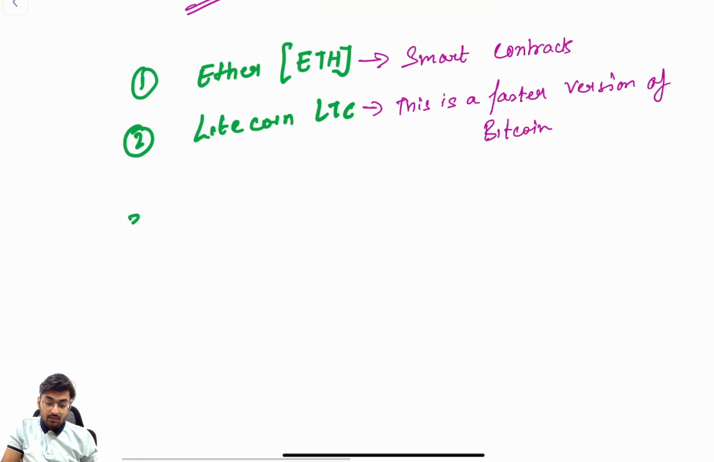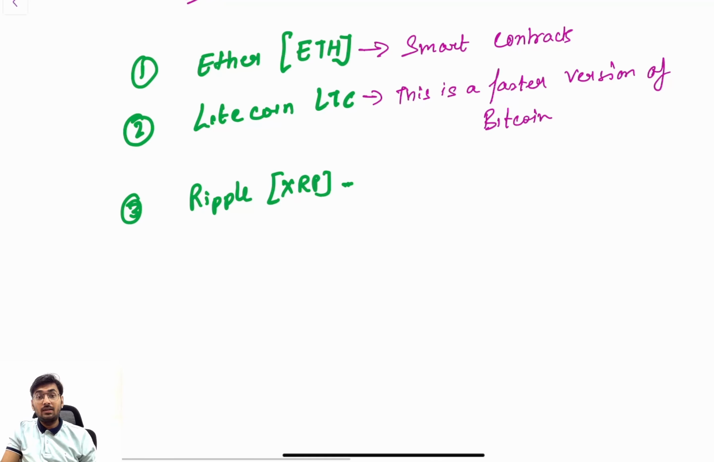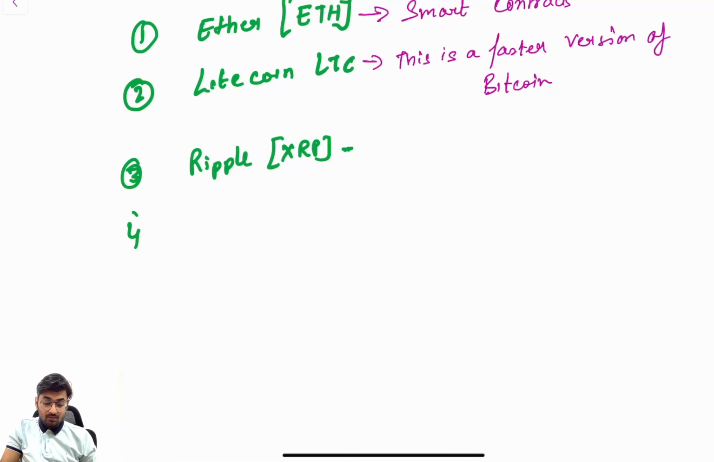Suppose you want to make a cross border payment, meaning from one nation to another nation, then you can use Ripple coin, XRP. It's mainly used for fast cross border payment. Suppose you want to transfer money from India to Europe, then you can use this XRP. Clear? Now, fourth, very renowned and very popular,